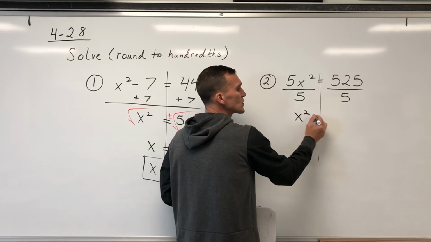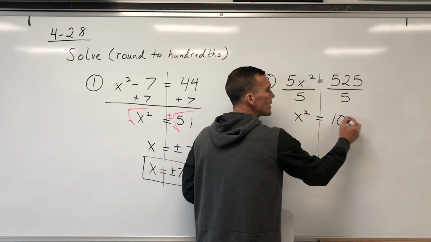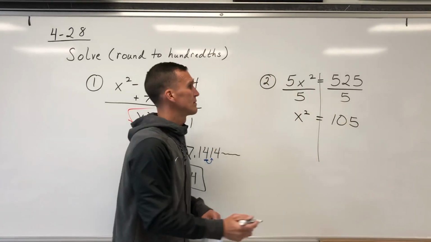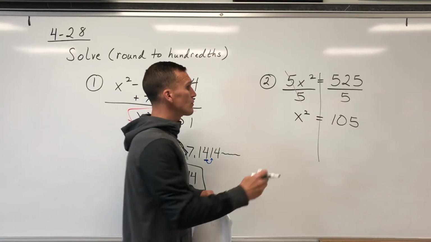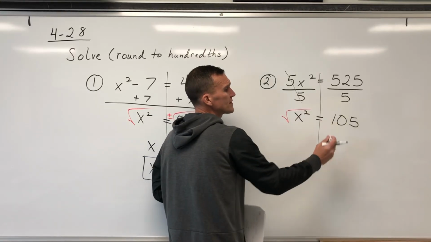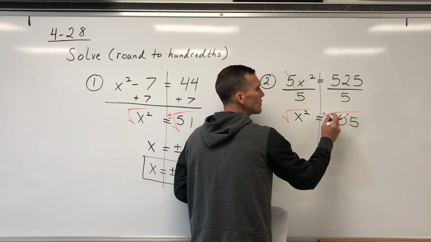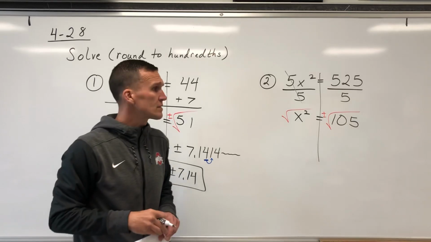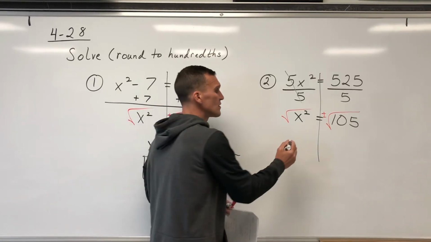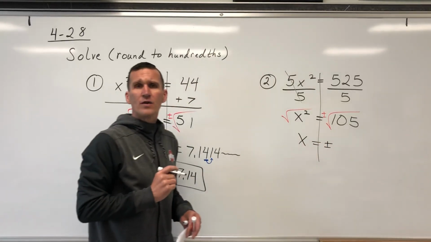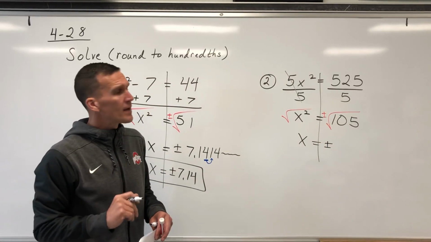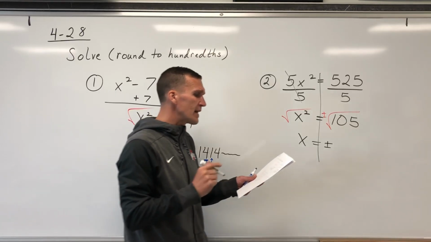Now I will have x squared is equal to 105. To get rid of squared, I square root. So I square root the left side, square root the right side. Don't forget plus or minus. On the left side, they cancel, so I only have x. And on the right side, I use my calculator, plus or minus. I don't type that in, but I type in the square root of 105, and I get